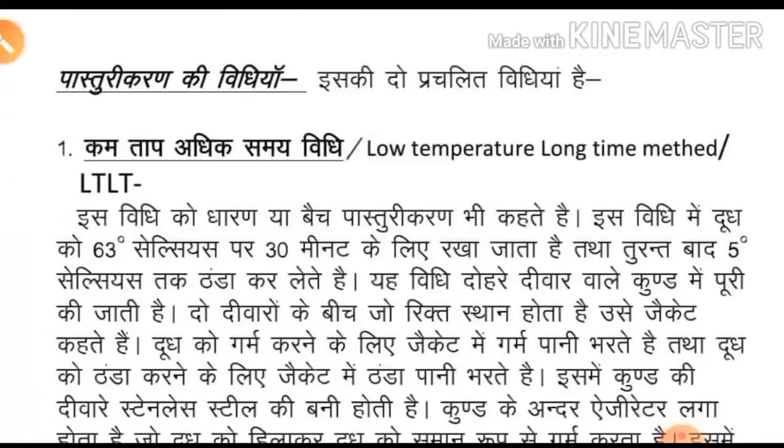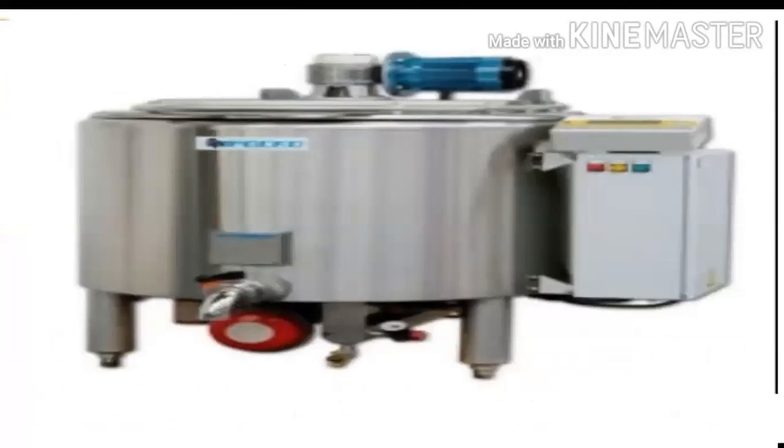इस विधि में क्या होता है, एक दोहरी कुंड वाले विशेष प्रकार की मशीन का उपयोग किया जाता है। इस मशीन के अंदर ही दूध को डाला जाता है। इसके अंदर दूध गर्म होता है, होल्डिंग होता है और ठंडा भी होता है।